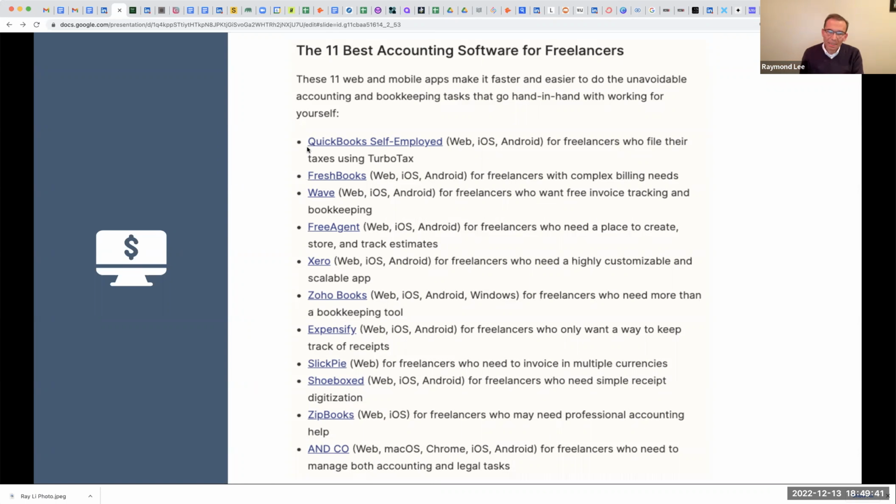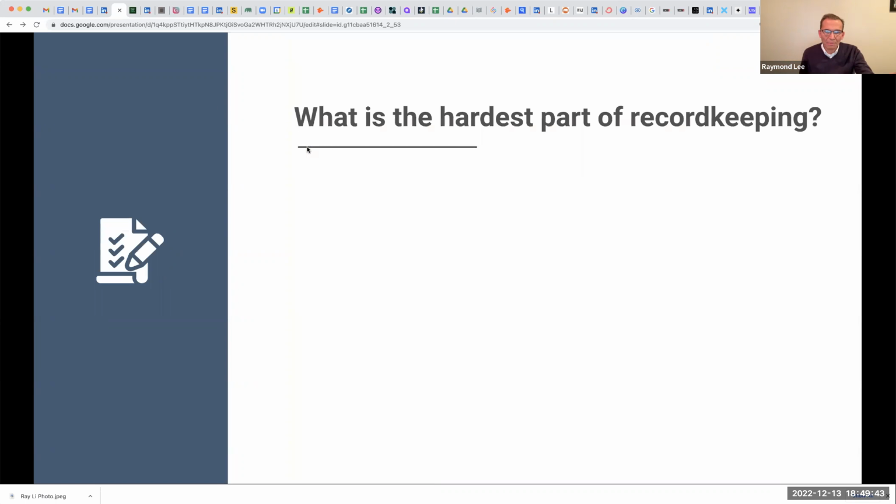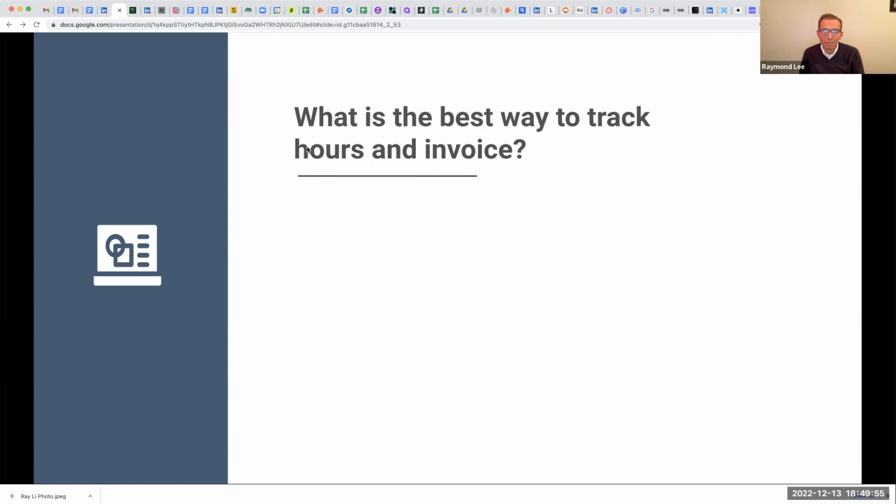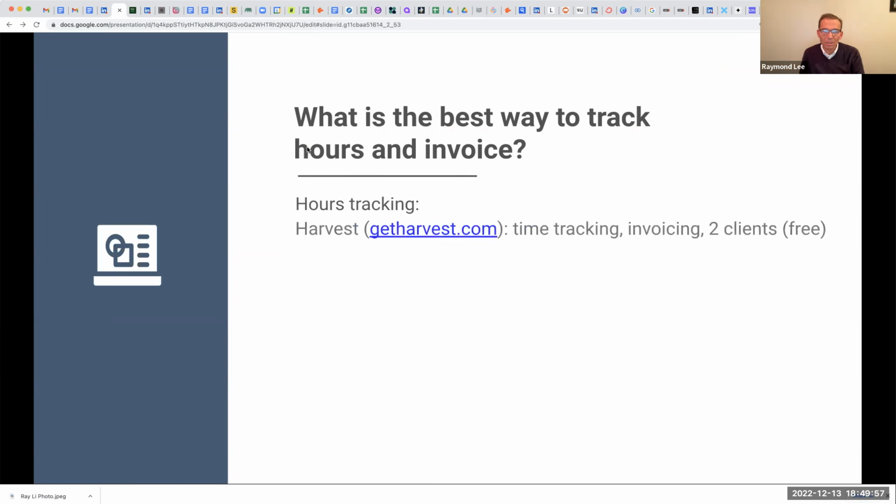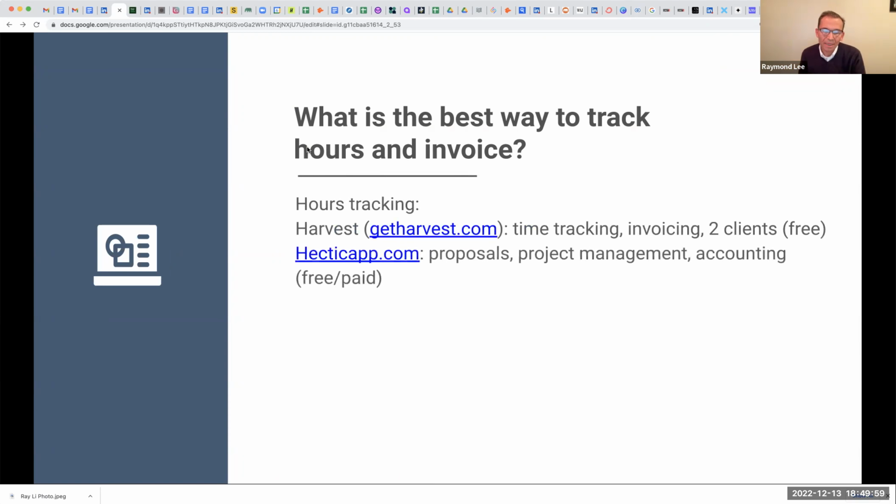And then various options here. A couple of other options I want to show you. They're not on this slide, but they're specific for freelancers, and you might take a look at them. I'm just going to slip over to them here: Harvest is one of them, and Hectic is another.